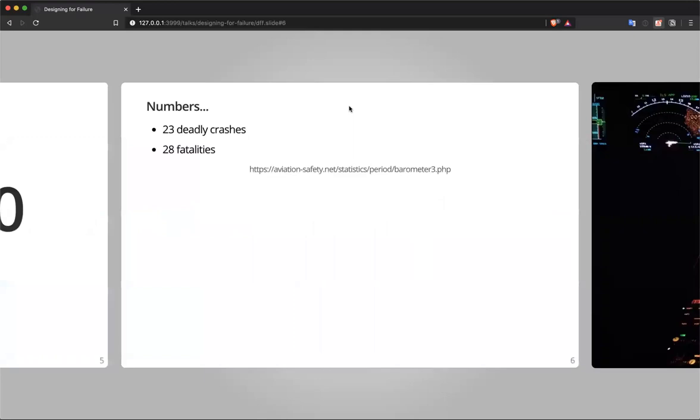But unfortunately, out of those, we had 23 deadly crashes and also 28 fatalities overall. It seems like a small number, right? But still, families lost someone that was loved. And out of those numbers, we actually had one that was confirmed to be a software failure. One which I think most of you are familiar with, the 737 MAX situation that happened in the US with Boeing,